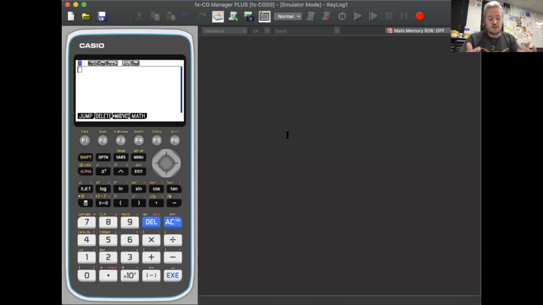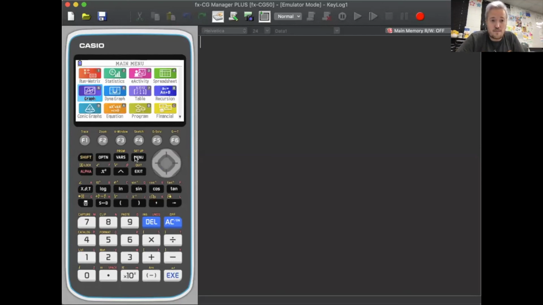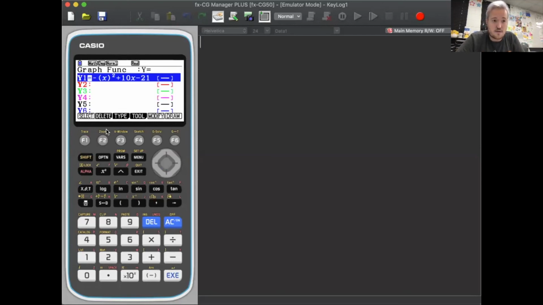All right, the first thing we want to find is when will the boulder reach its maximum height? So I'm going to go to menu, and I want to go to graph. I want to be able to see the path that this cannonball is going to follow. So I'm going to plug in the equation: negative 16x squared plus 160x